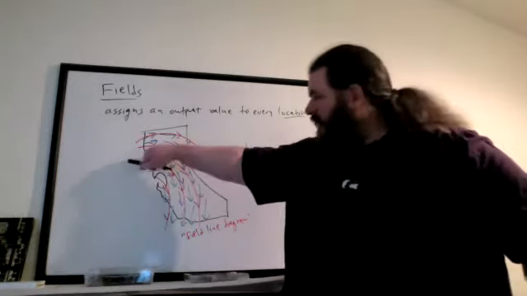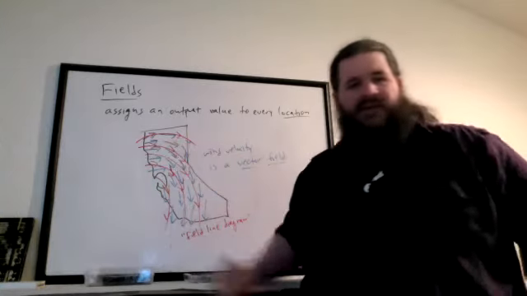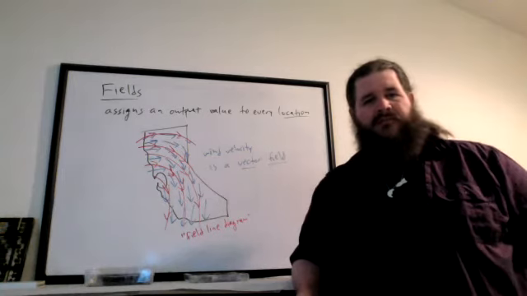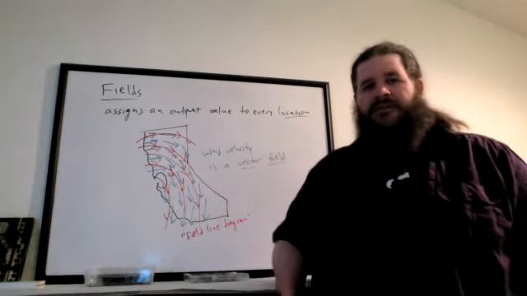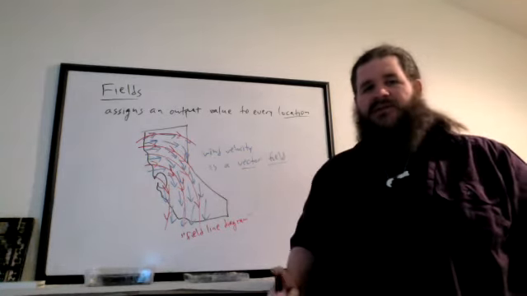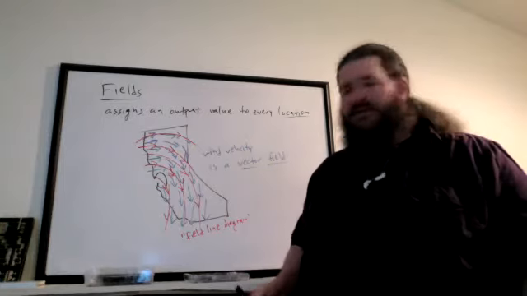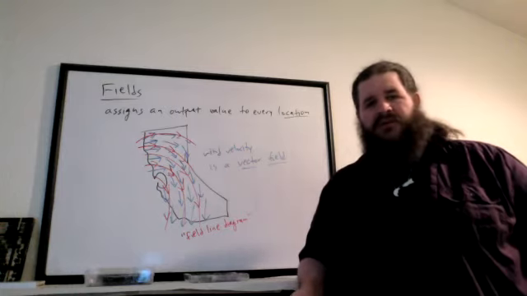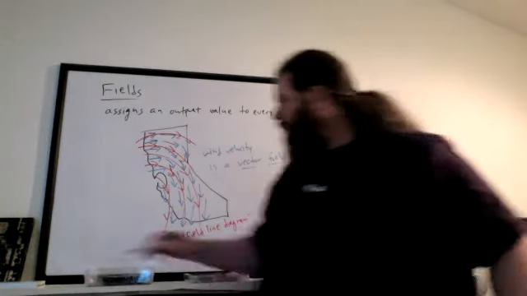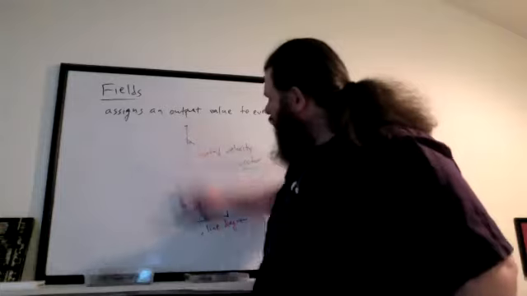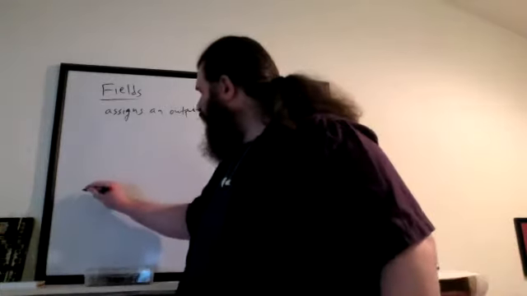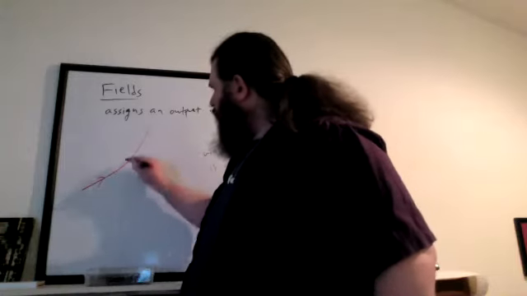The field lines very accurately depict the direction the vectors are pointing, but you kind of lose out on how big the arrows are. So the way we depict that for field lines is if the vectors are very strong, very large magnitude, we depict the field lines as close together. If the vectors are weaker, smaller magnitude, we would depict the field lines as further apart. So for example, if we draw out a vector field, if we draw the field lines like this,